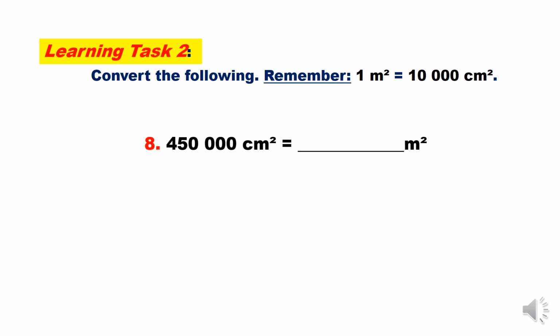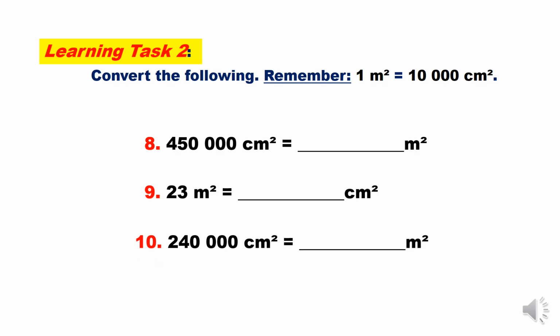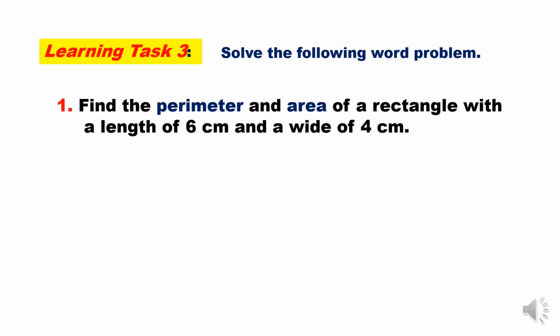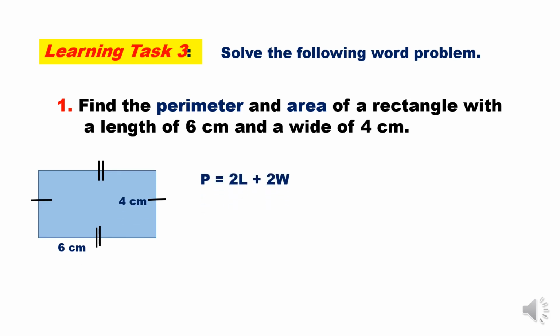Can you answer number 8, number 9, and number 10? For your learning task 3, solve the following word problem. Number 1, find the perimeter and area of a rectangle with a length of 6 centimeters and a width of 4 centimeters. Using this formula, perimeter equals 2 length plus 2 width. So, 2 times 6 centimeters